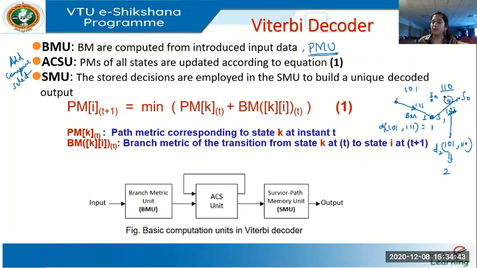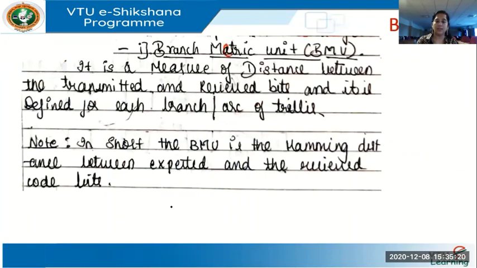So this is your branch metric, and if I consider the path from here to here completely, there can be a path coming from here to here that can have the value 0. This will have the value 1 plus 2, 3. I'll compare both the paths. Okay, this path has the least distance, 0. You can retain this path and remove the other path which has a higher distance vector. This is how we do it. I'll come back to it when we discuss.